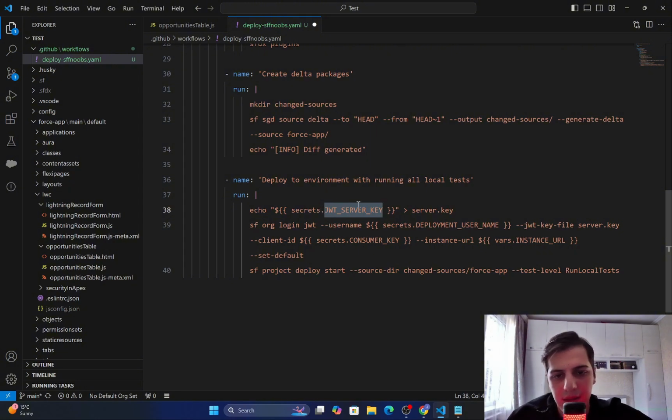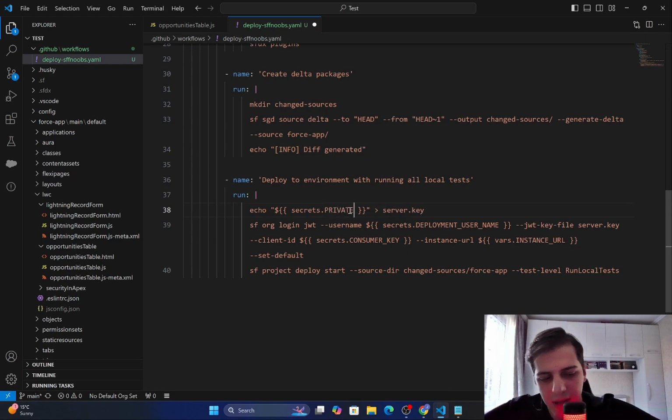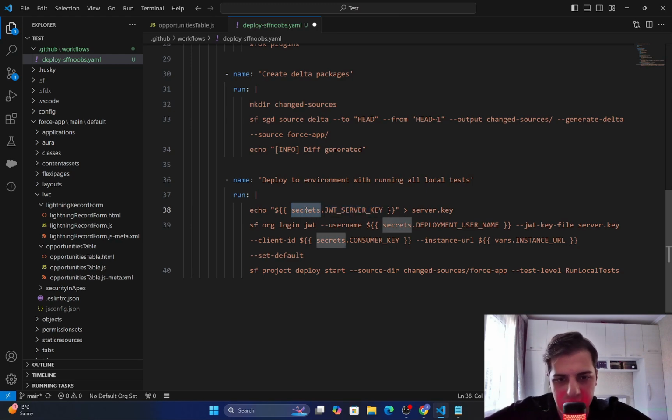And so whatever you named this in GitHub, like private key, obviously you will write private key. So we are accessing the secrets and variables from here, which we created. Variables are accessed like this, vars dot variable name, and secrets are accessed like secrets dot secret name, whatever you named it. So here we are accessing the JWT server key, and we are creating a server key file